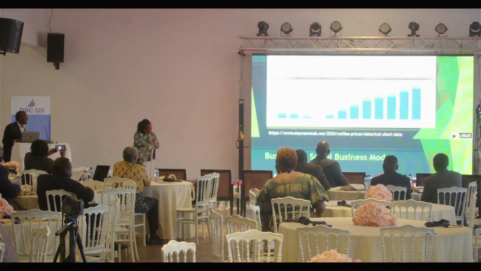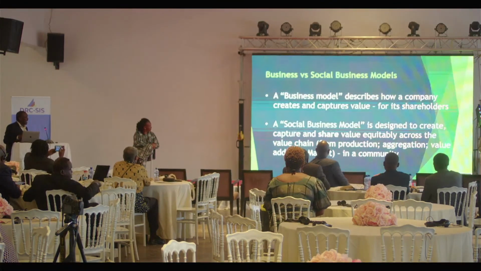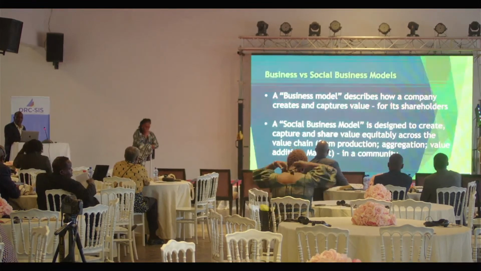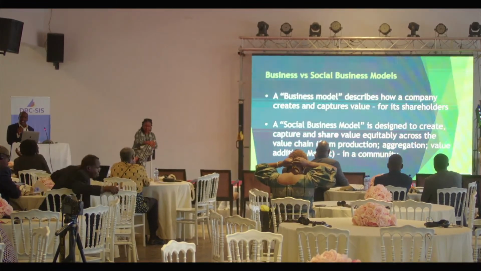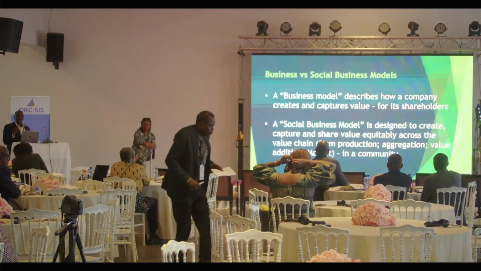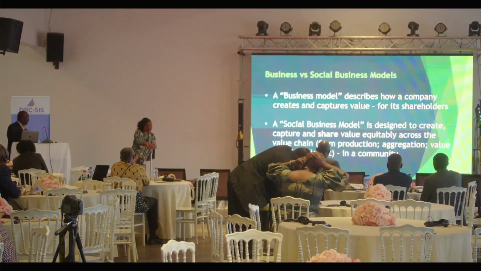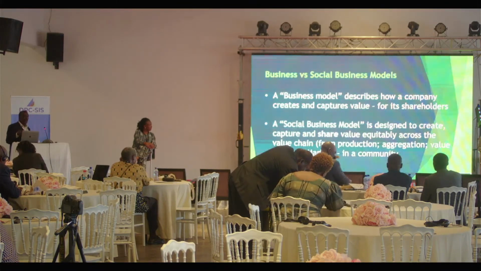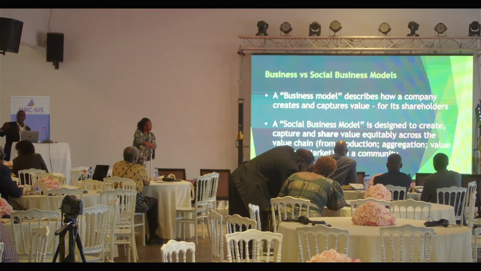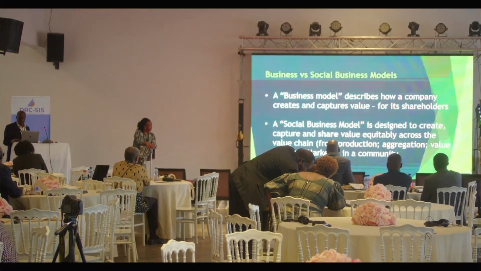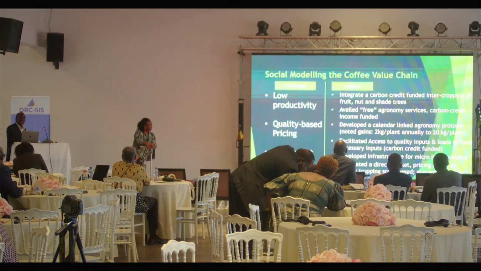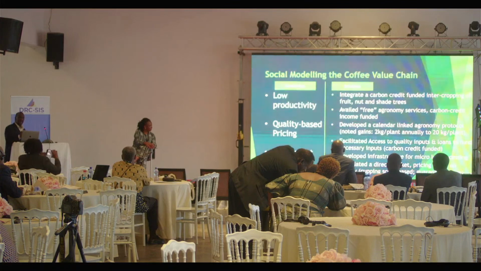Next slide, please. Now, a social business model is designed to capture value and share it. And that's what we have tried to develop. That's just a description of it. And you have to address all the steps in the value chain in order for it to work. Coffee, as an example, the challenges are low productivity, the quality-based pricing, and the fair market. And I don't have the time to go through all 6 steps,